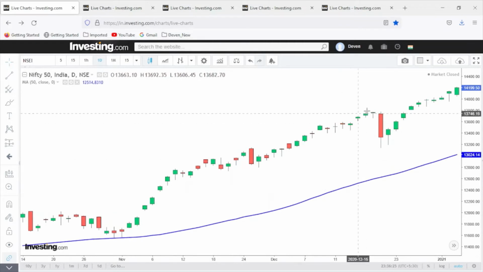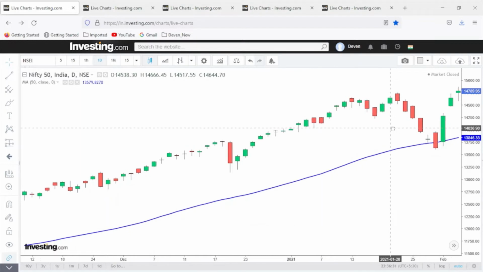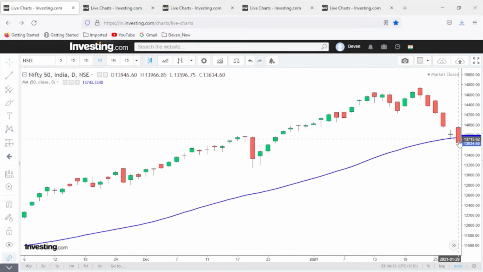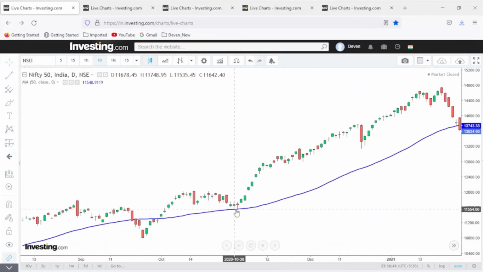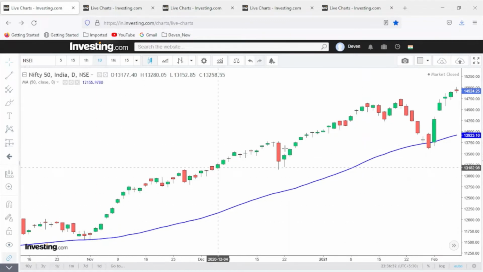Now let us see how long we could have held this particular trade. Now here it came below 50 MA. Now we can book our profit. Suppose we have booked the profit exactly at the low of this candle, 13,596, almost 13,600. So from 11,500 to 13,600, almost 2,100 points. That was a good rally you carried, from November to January end, right? So November, December and January, for 3 months the long position continued.